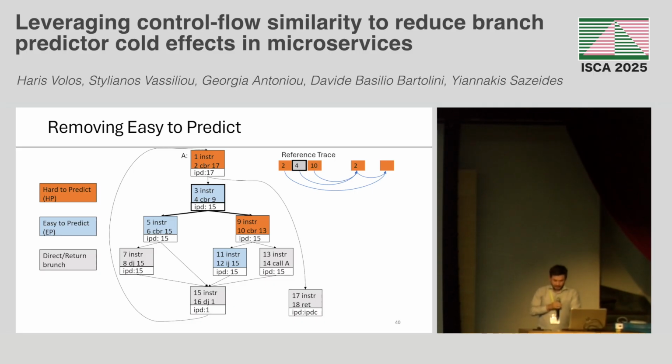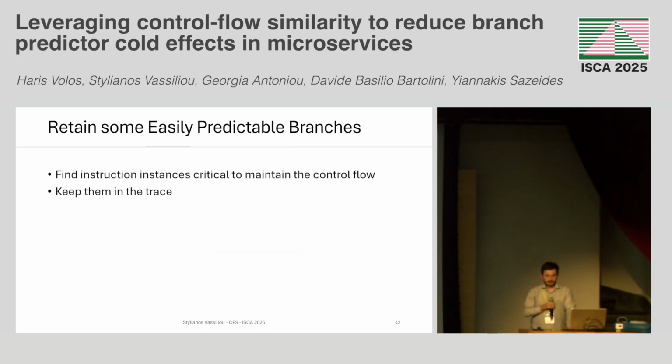After predicting branch 2, we no longer know which path the execution will take at block 4. As a result, we can't tell whether the next hard to predict instruction is block 10 or block 2, making the reference trace unreliable. This forces us to become conservative and diverge at block 2, potentially missing opportunities to predict some hard to predict